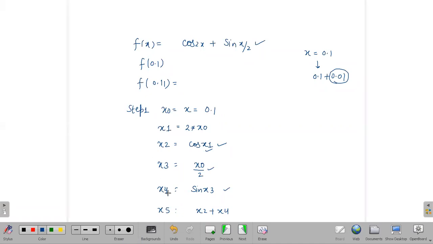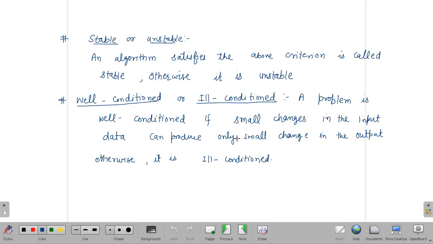And if in any one of these steps the criteria will not follow, then you will say the algorithm is not stable, and that expression, this problem, will be an ill conditioned problem. And in case of stability, algorithm stable, then your expression will be well conditioned. Okay, so this way you can find the stability or instability of an algorithm, and well conditioned or ill conditioned for a problem. So actually it is very difficult to find out the small change in the output and small change in the input here.